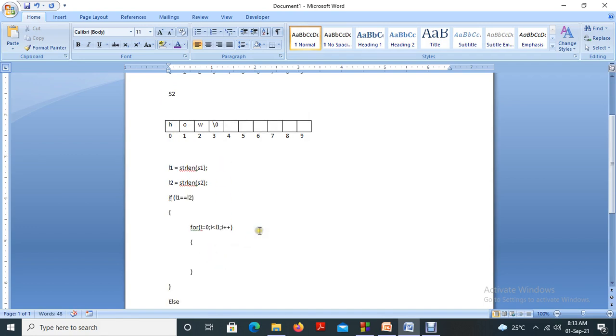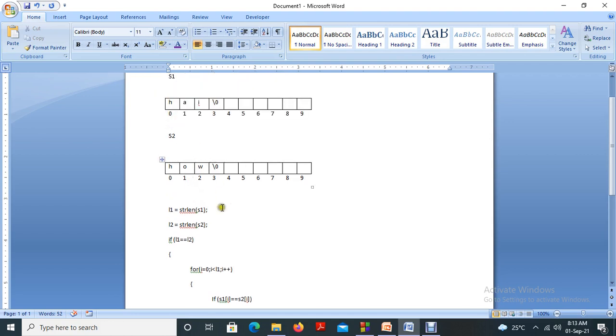What is next? If S1 of I equal to S2 of I, then the condition is true, nothing to do with that, because if this condition is true, then our job is to move on to the next position, verify.